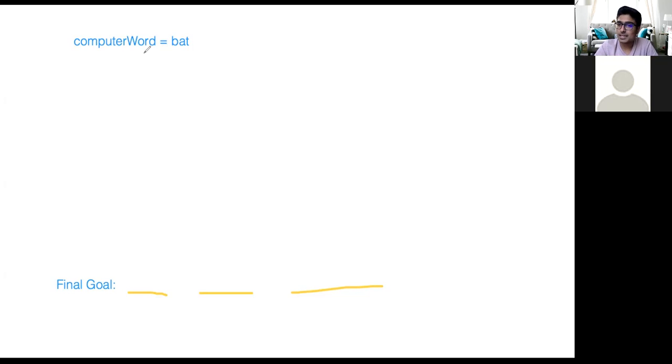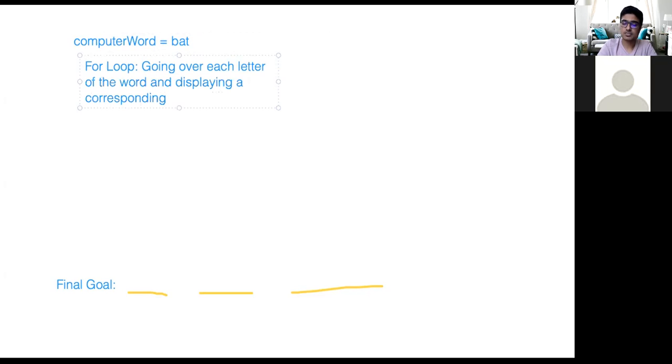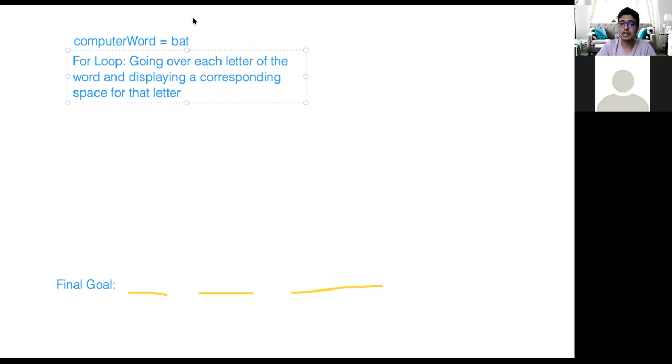Well, a for loop is going to be easier, guys, because the main idea is that we are going to go over each letter of the word and display a corresponding space for that letter. For loops are going to make our job much easier because we can simply run our for loop the number of letters long a word is.